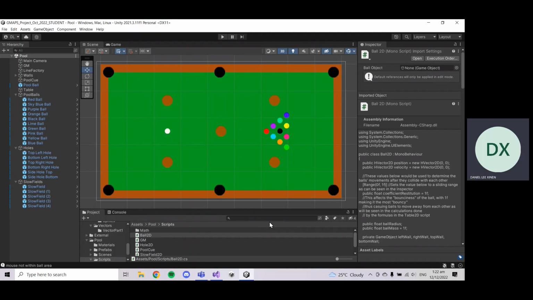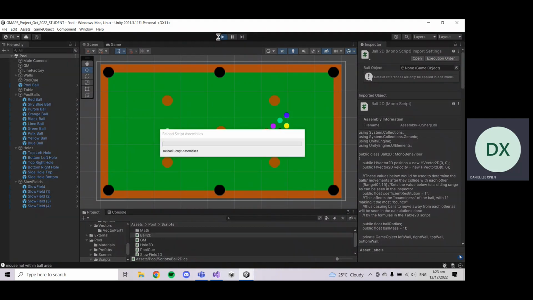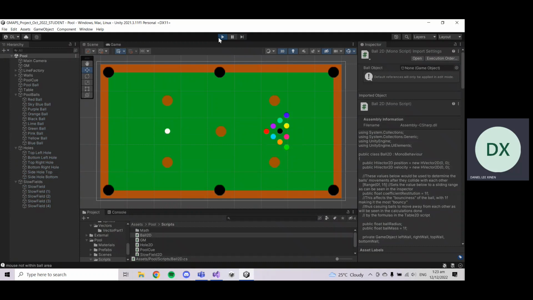Good day to you. I'm Daniel Lee, and today I'll be explaining my pool game code as well as the pool game itself for my GMAPS project. Now, first of all, I'll give a demonstration of my game before I drop into the code and explain how